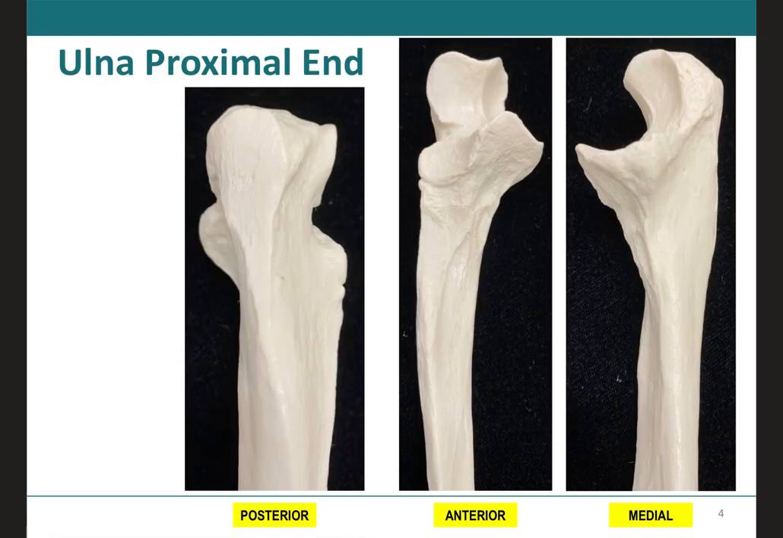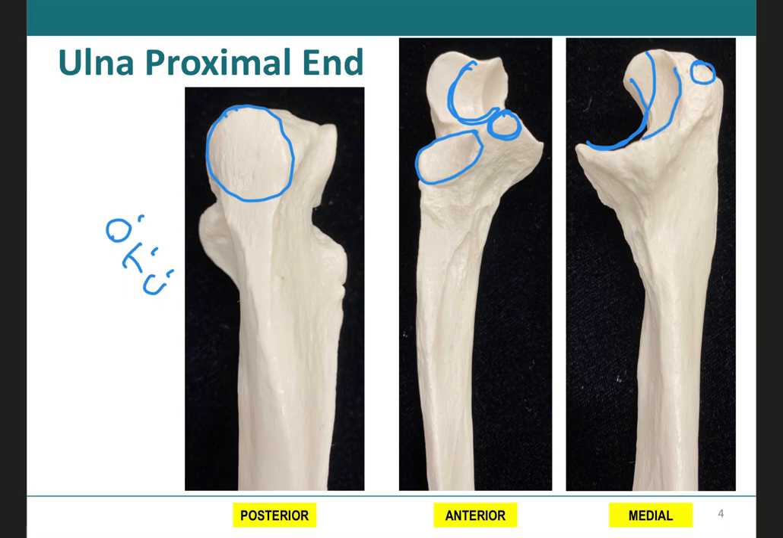Here we have a magnified view of the proximal end of the ulna. Again, on a posterior view, we can clearly see the olecranon or the olecranon process. This part over here that forms the U will be the trochlear notch, and this bump over here that sticks out will be the coronoid process, and here is the radial notch. The way that I remember these three bone features on the proximal end of the ulna is that I think about OTC, which means over-the-counter medication, or for the ulna, it will be the olecranon, the trochlear notch, and the